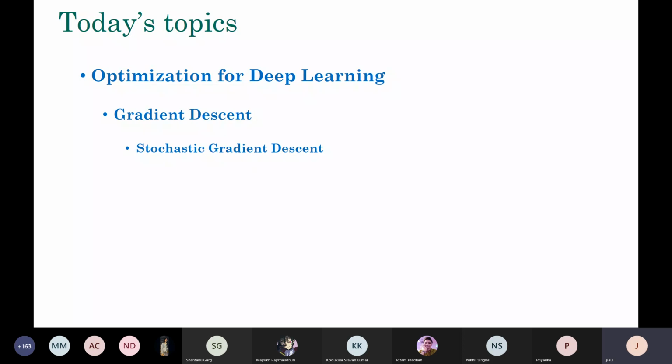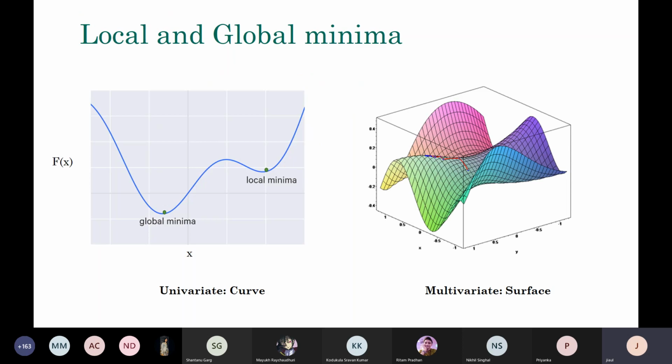Again, if you have any doubt at any point of time, please feel free to interrupt me. Okay. So this is more or less the thing that we have been doing, the local and global minima things I talked about yesterday. On the left side, you have the univariate function, often referred to as a curve. So you can see the global and local minima. Typically, when you have a non-convex function, you expect there will be lots of such local minima. Okay. And so no algorithm can guarantee that you are going to get the global minima.